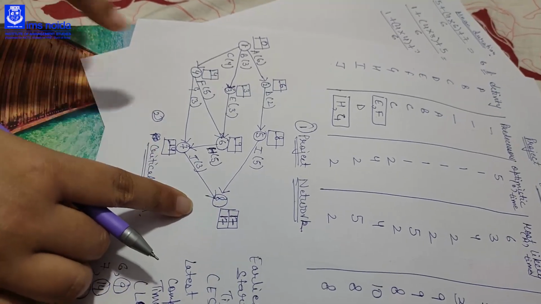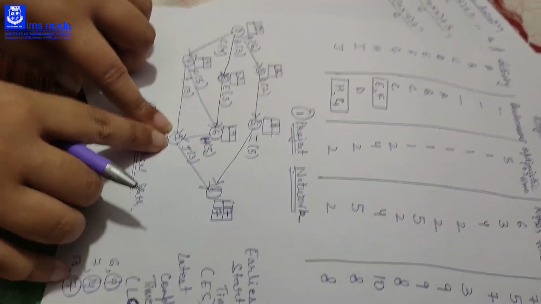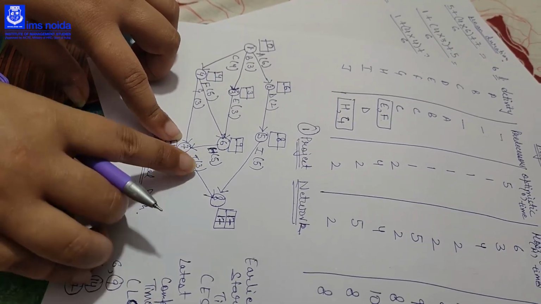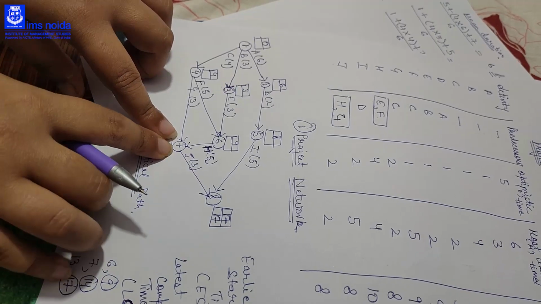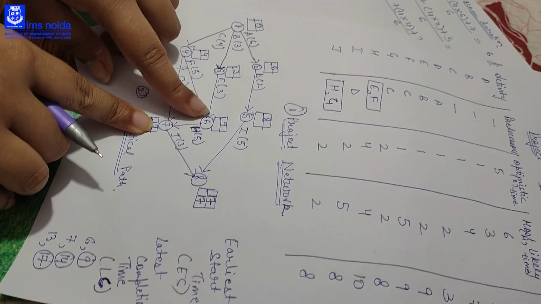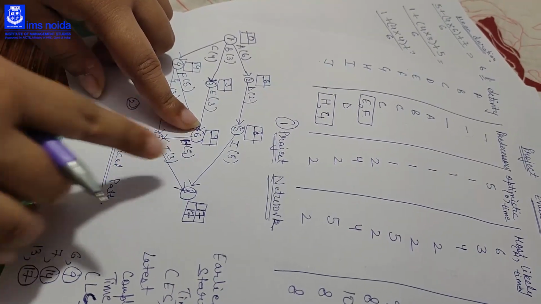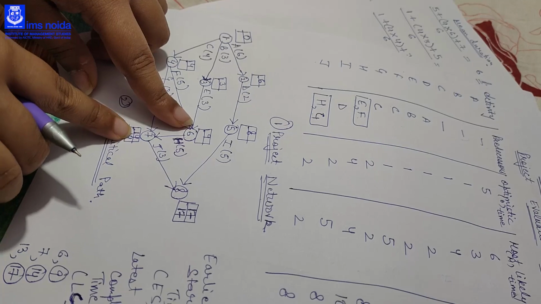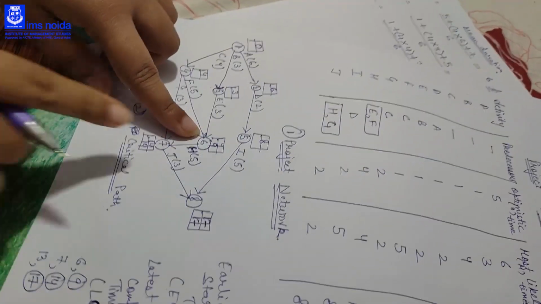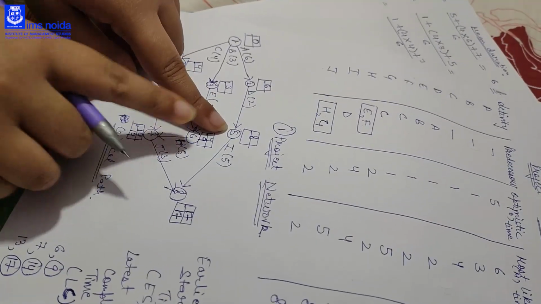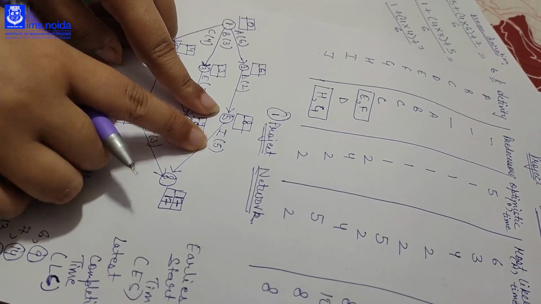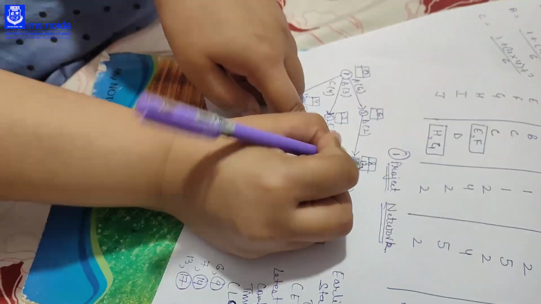Then coming backward, we will come to the 7. If you are coming to the 7 from 8 to 7, there is only one way to come to the 7. So the 17 minus 3, LC of 7 is 14. Then if you are coming to the 6, there is only one way to come into the 6, that is from 7 to 6. So the LC of 6 will be 14 minus 5, that is 9. Okay, then you come to the 5. The way to come to the 5 is only 8 to 5. Then 17 minus 5, that is 12. So LC of 5 is 12.